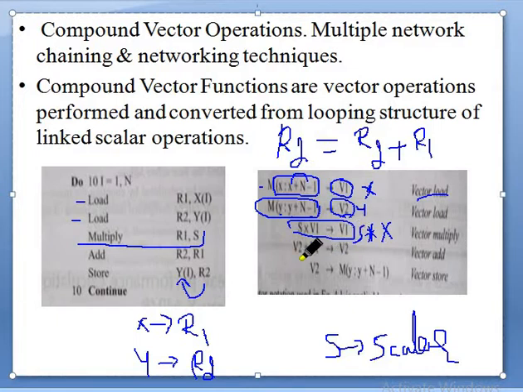Then v1 and v2, where v2 is y, are added, and we store that result in v2. Whatever is in v2 we store in a memory location, that is called store. Again base, stride and length, the combination of three gives us a vector. So remember: vector load, vector load, vector times scalar, vector addition with vector, vector store.